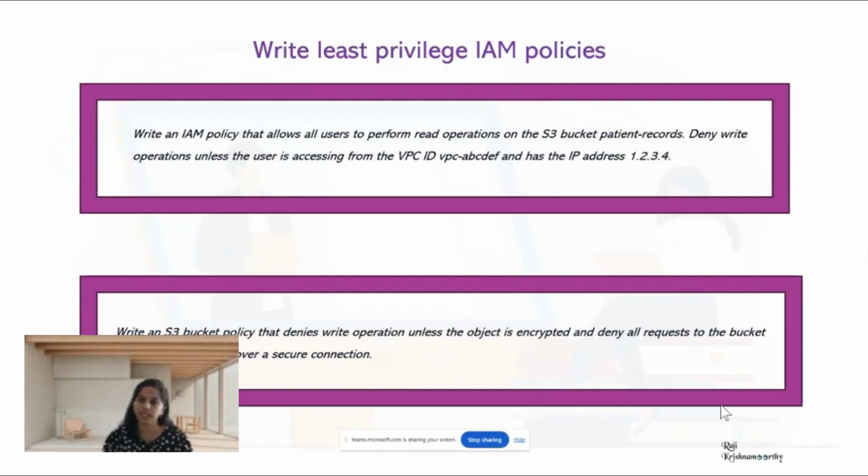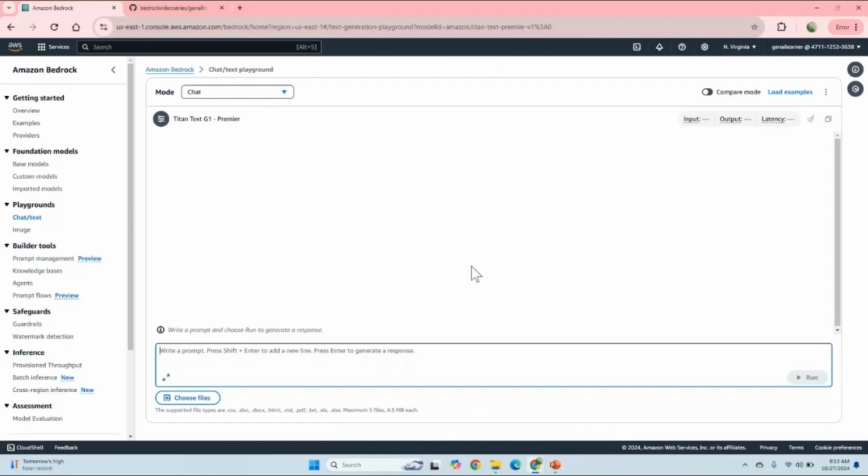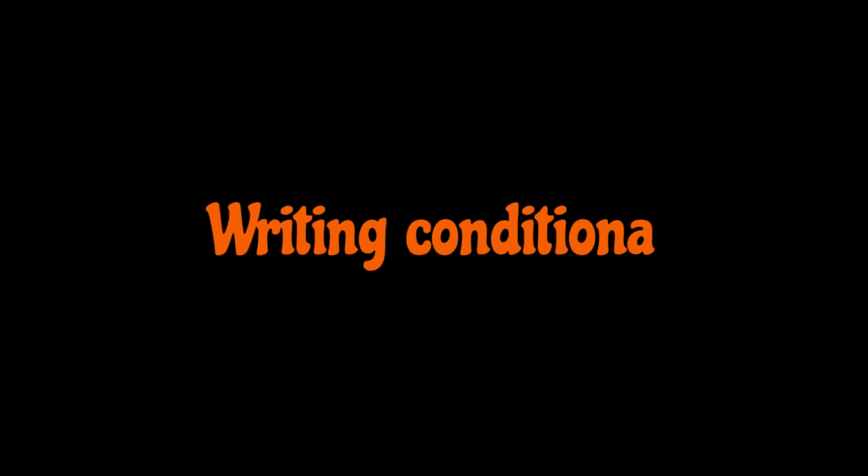So let's see how we can use GenAI. Because this is AWS, I'm going to use Bedrock, and I'll use one of the Amazon models, and I'll show you how these things can be done. So let me move on to my console. Now let's see the first use case, which is on the IAM policy. This is a prompt actually. So I'm giving a prompt